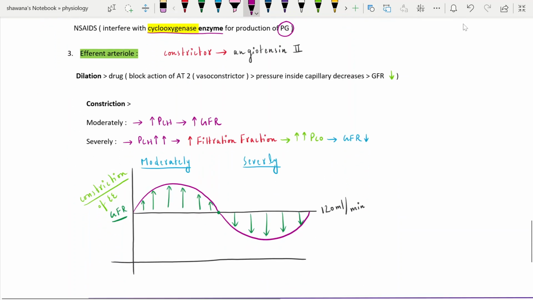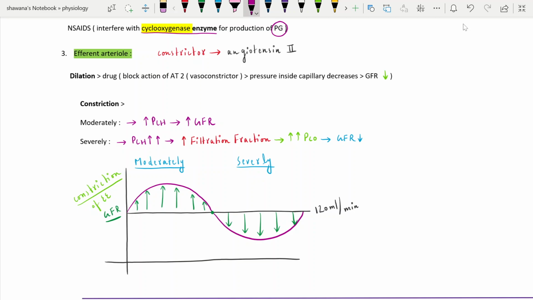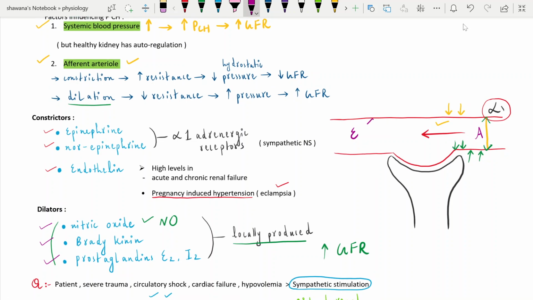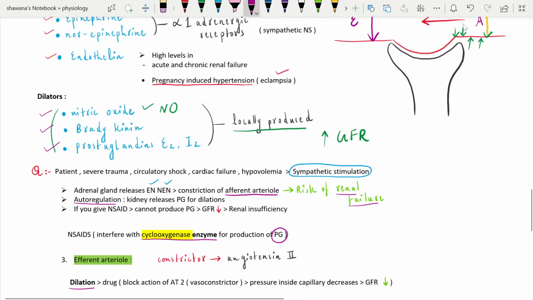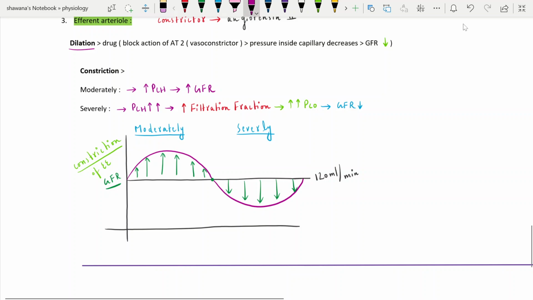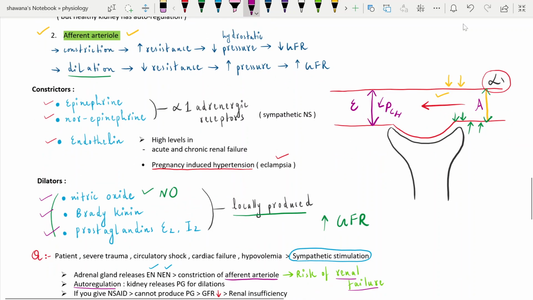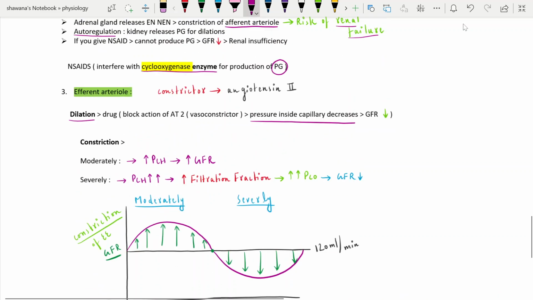Let's talk about the efferent arteriole. The efferent arteriole has two circumstances. It can either be dilated or it can be constricted. So first of all, let's discuss dilation. If we are dilating the efferent arteriole, it means that the pressure inside the capillary will start to decrease. The hydrostatic pressure of the capillaries will decrease, and it will decrease the GFR. And the most important dilators are